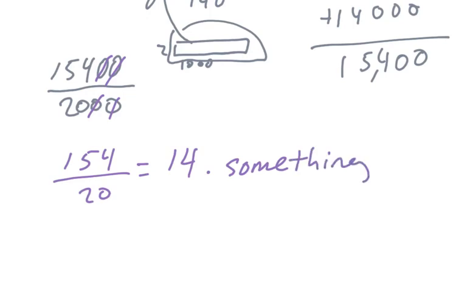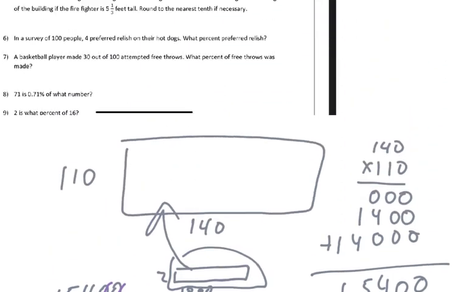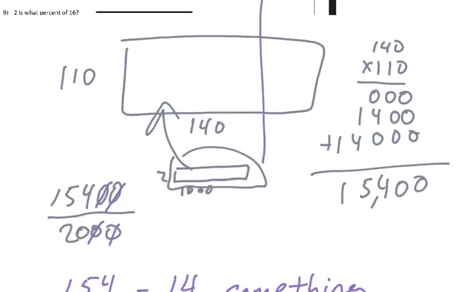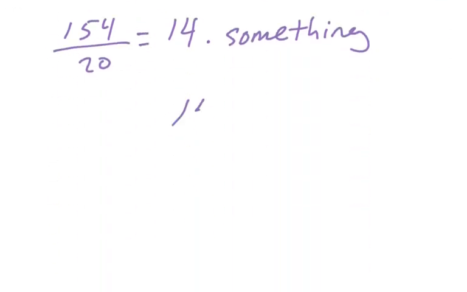Okay. Which means if the question is asking us how many bags of fertilizer should be purchased, right? If it's 14 and something, the answer to this is going to be 15. And the reason why I have to say 15, I'm sorry, I said 14 and something. I meant to say 7 and something, right? Because